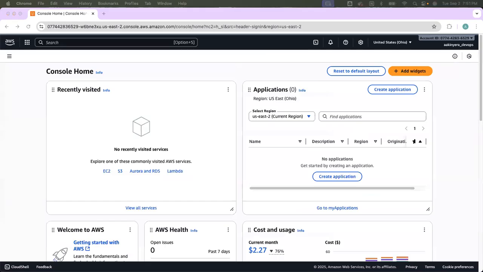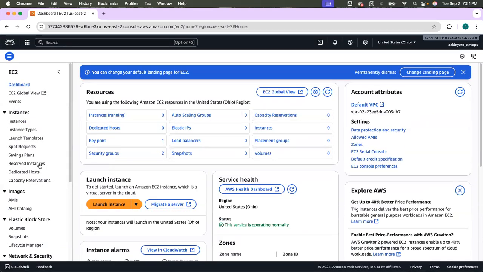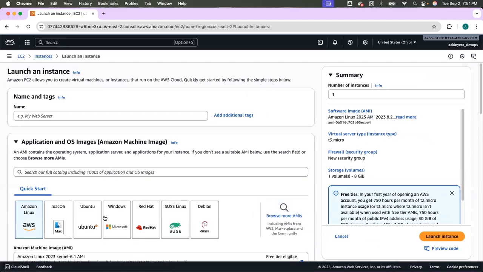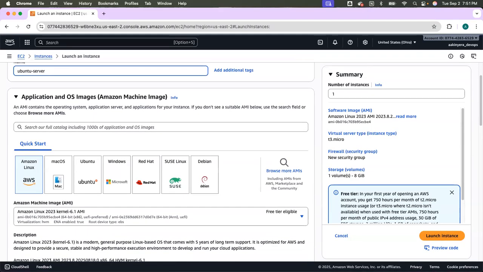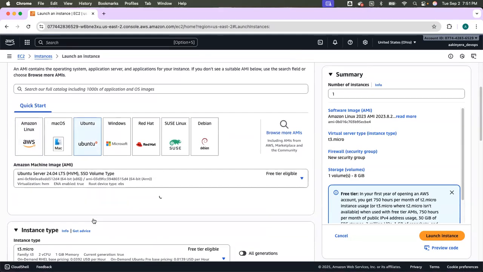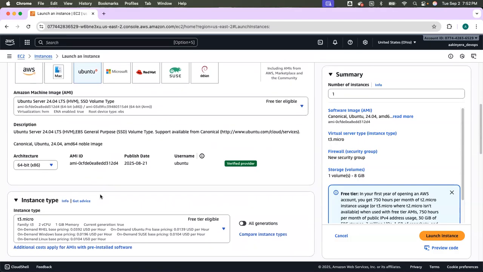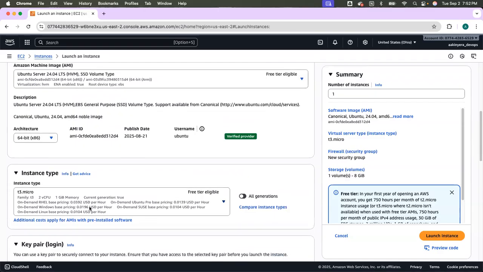Okay. Let us then go ahead and create our EC2 instance. I hope you will remember to shut down your EC2 instance every time you set one up. So it's going to be Ubuntu Server as usual. We create this all the time so that you get used to working with the cloud. So at least three times a week you log into AWS and use the cloud. That's the plan.